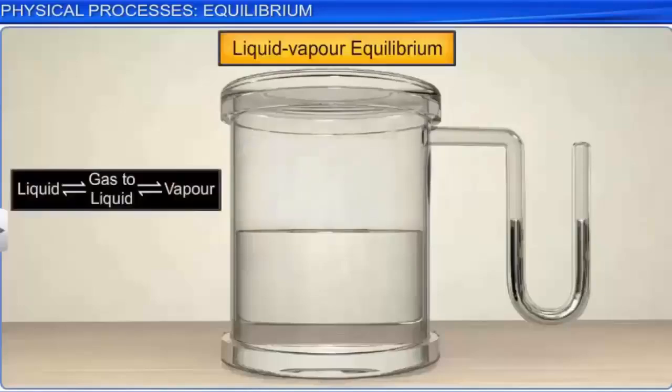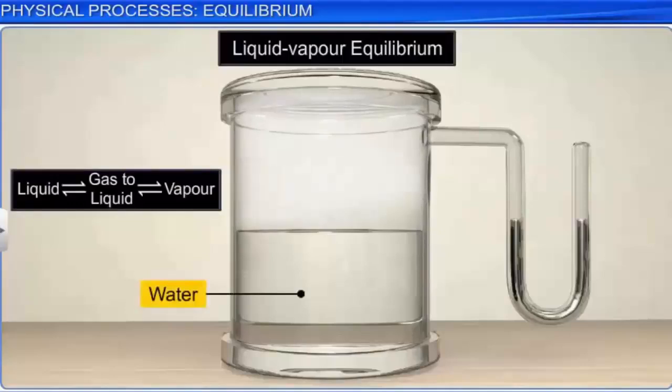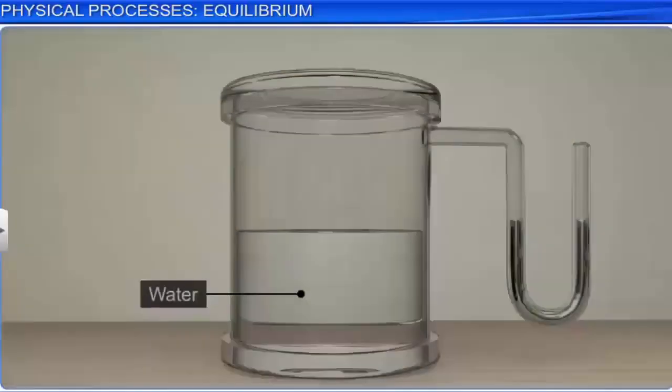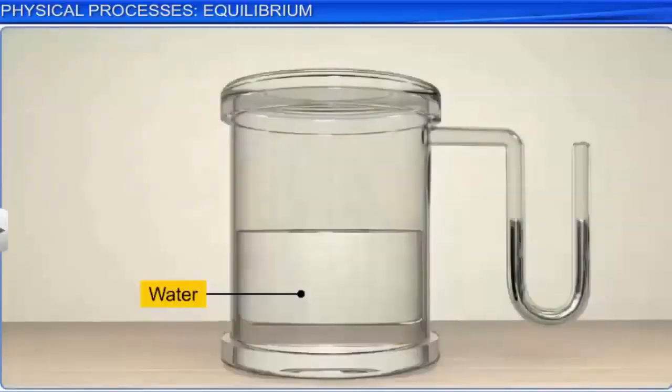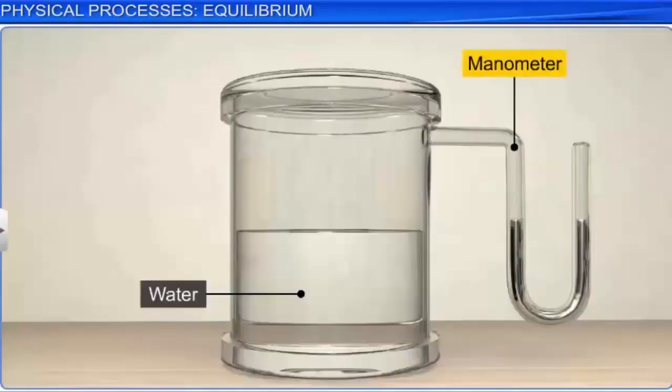Let's now look at liquid-vapor equilibrium. Water in equilibrium with vapor in a closed vessel serves as a classic example of liquid-vapor equilibrium. Let's understand this through a simple experiment. A small amount of water is taken in a closed vessel to which a manometer is attached and left undisturbed